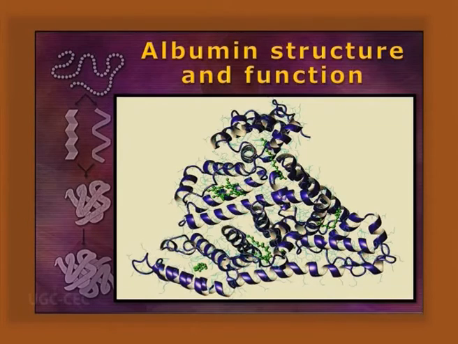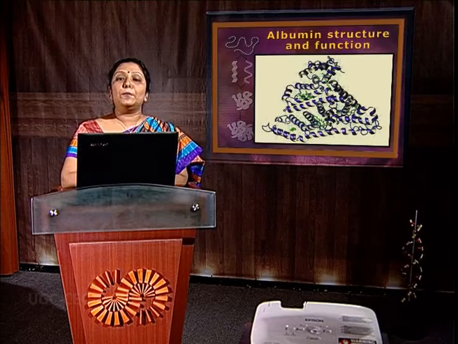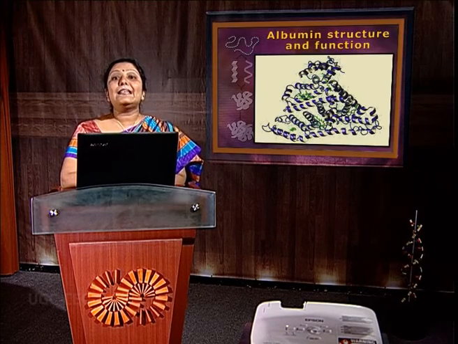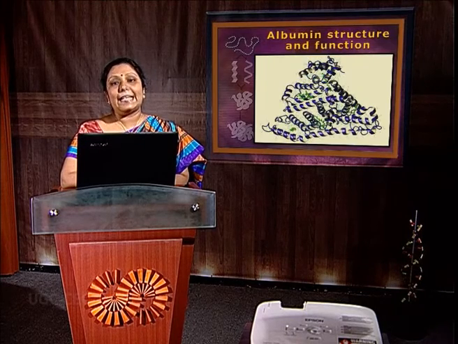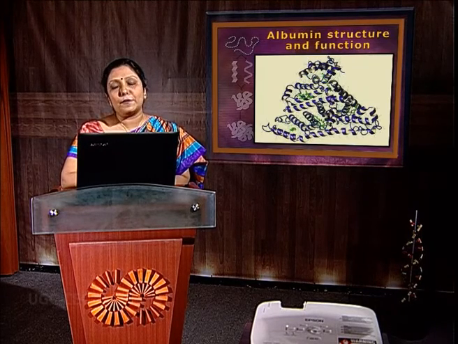Next, albumin structure and function. As we know, this is also a plasma protein. It is soluble in water and dissolves in aqueous solvent. Here we can find subdomains, with homologous subunits. The subdomains are 2A and 3A, and six disulfide linkages are present. It binds with fatty acids as well as cations of the blood plasma.